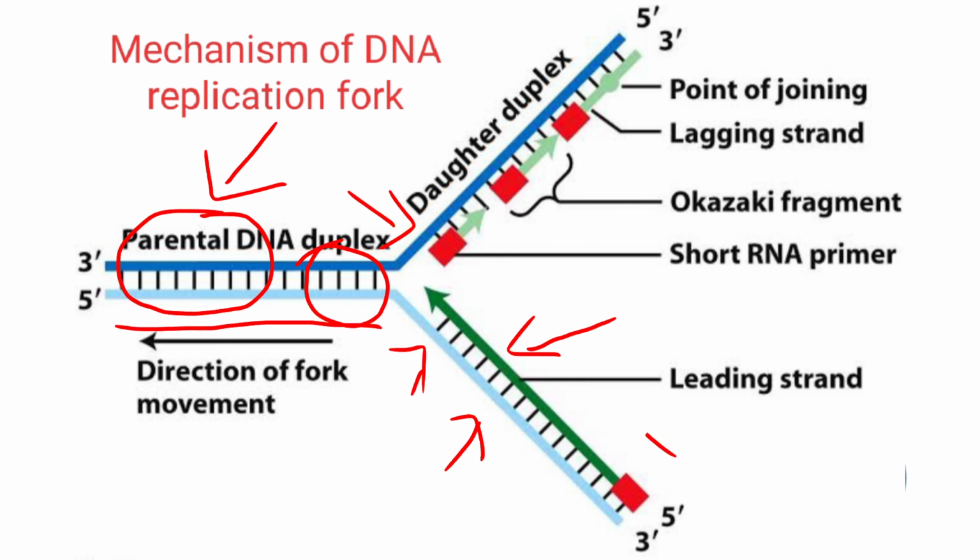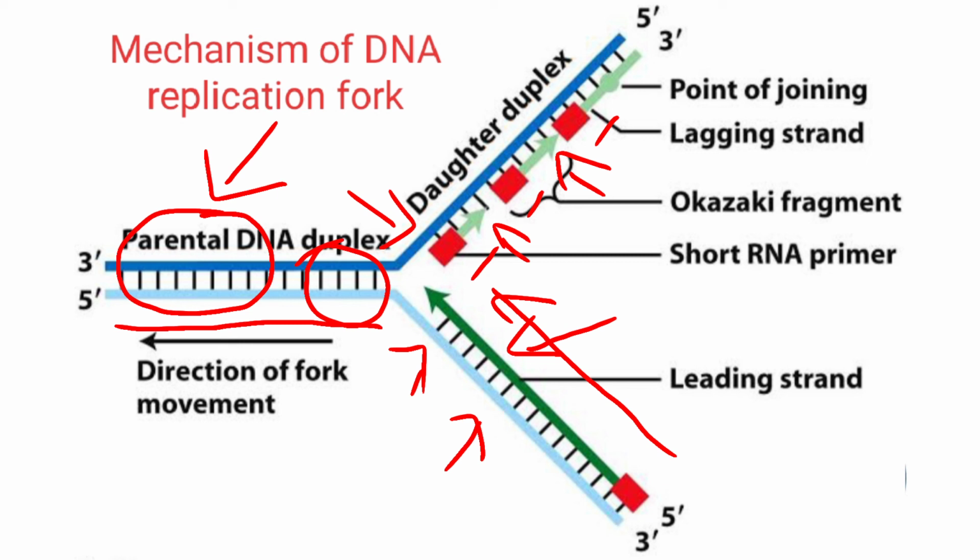You can see there is no break, it keeps moving without any break, and that is called the leading strand. And here you can see the small RNA bits, which are called Okazaki fragments. There is a gap between each fragment, so that is called the lagging strand, and this lagging strand is joined by DNA ligase. By activating the DNA ligase, the lagging strand is formed into a full strand.